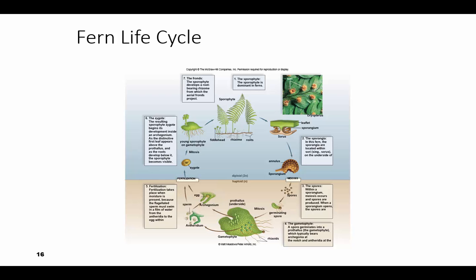which then will begin development inside the archegonium, and it'll develop this first leaf above the prothallus starts to appear, and then the roots, and then you end up with the fronds